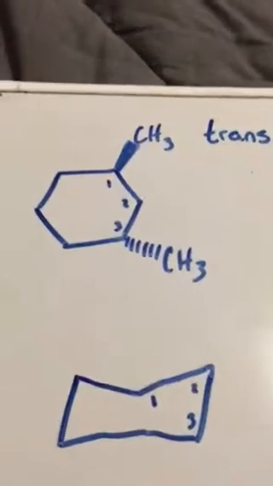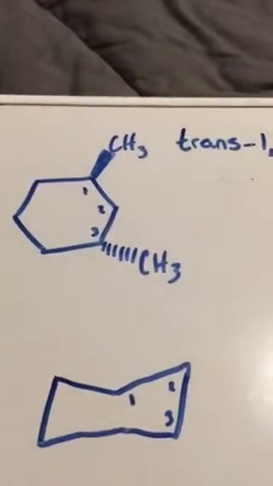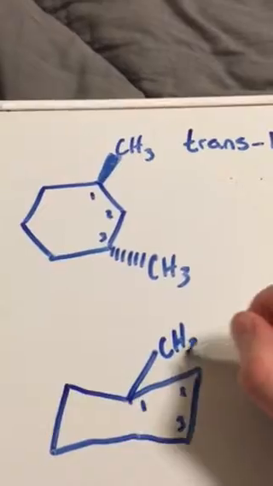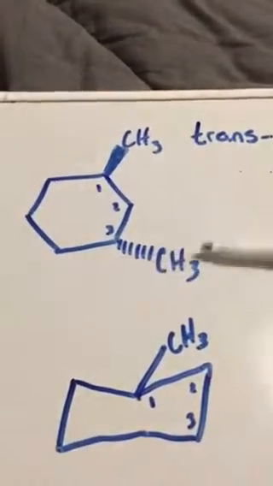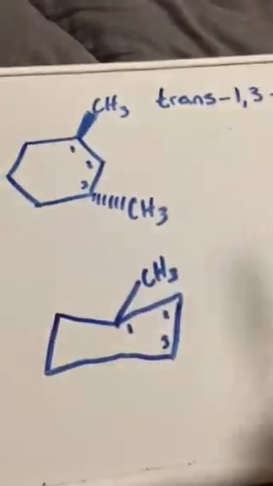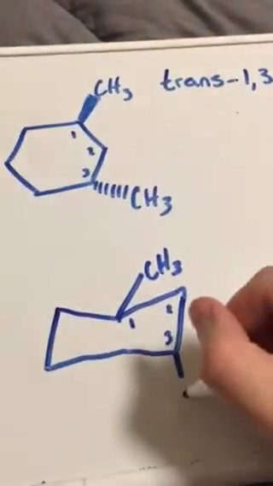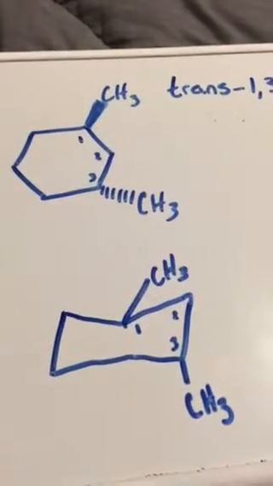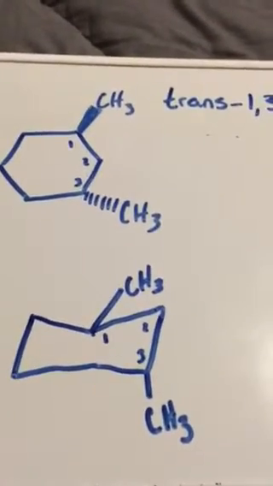So you say, okay, well, which one is which? Well, let's just start with putting this methyl group on carbon 1 in the equatorial position, which means since it's trans, we will be putting the CH3 on carbon 3 in the axial position, which is great. And this is where I would really get caught up, was arbitrarily deciding which one goes where. But what I figured out was once you perform the ring flip, and we'll draw our next conformation,